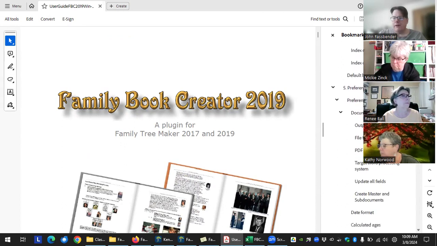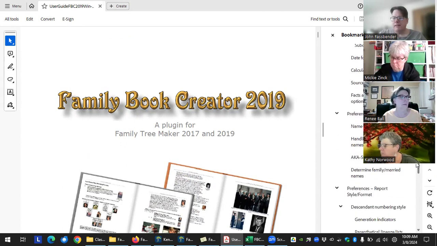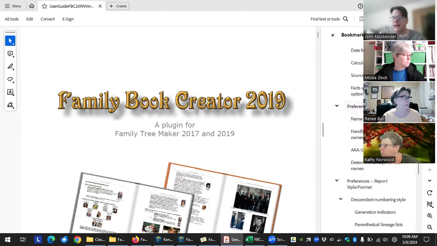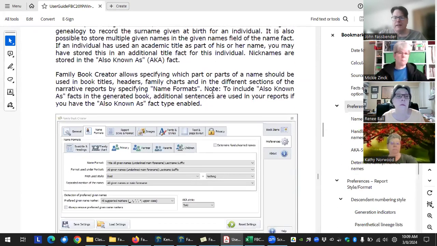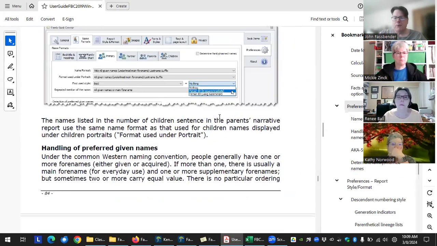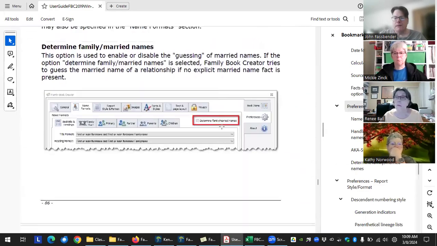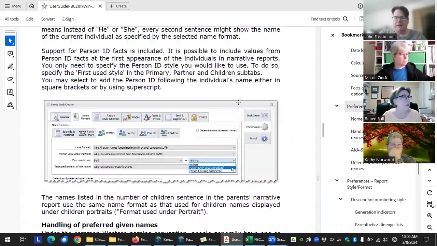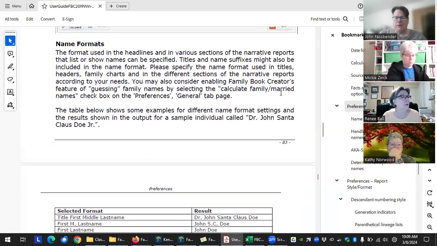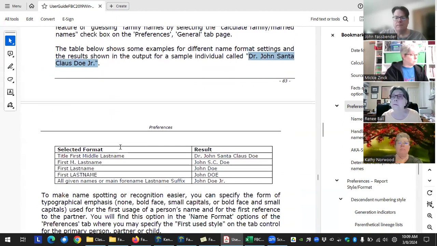You can really go down here, because here's the preferences, then here's the name format. These 4 pages here are basically what we're going to be covering. There's a lot of stuff, and he gives some great examples. So if you have someone named here, Dr. Joe Santa Claus Doe Jr.,